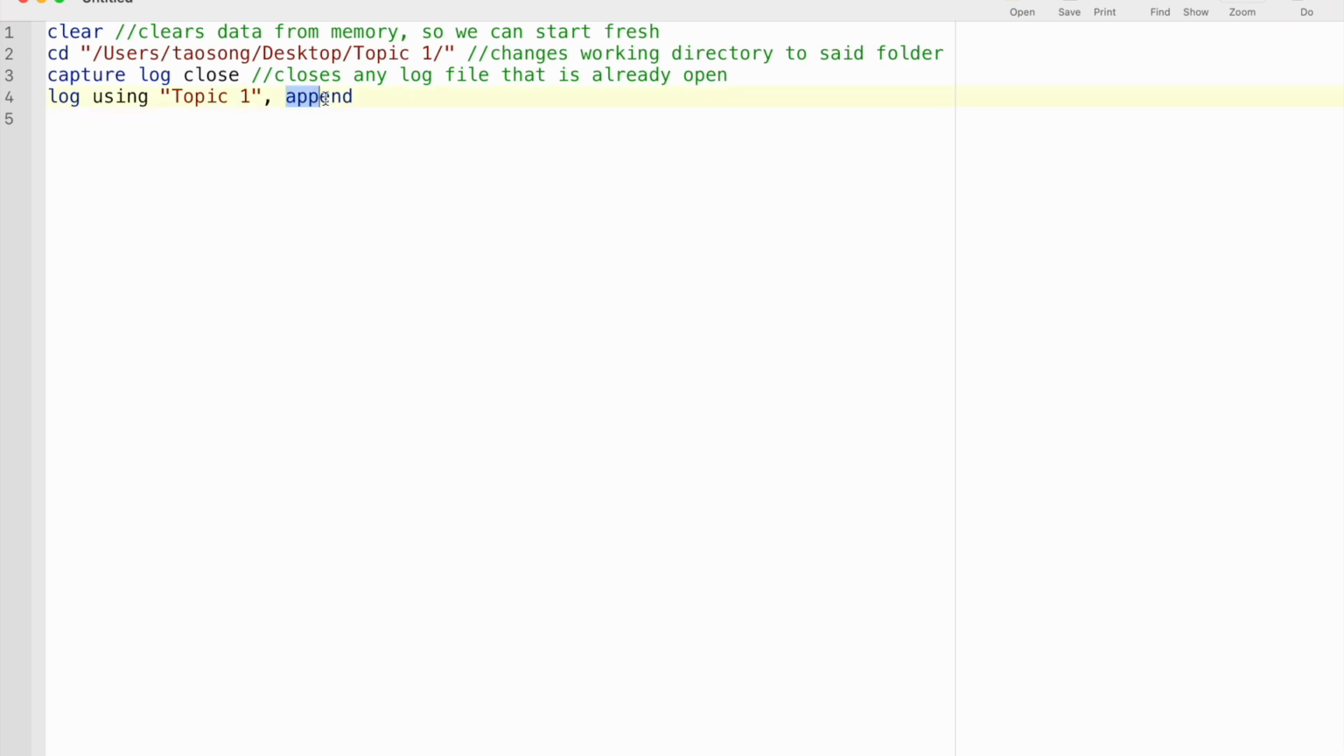And it's going to append, meaning that it's going to just keep on adding the new results at the bottom of the existing topic one file. So that way you never overwrite anything. Okay. So I'm going to add a note here. This line asks Stata to store any results from this session, appending them to the end of the document